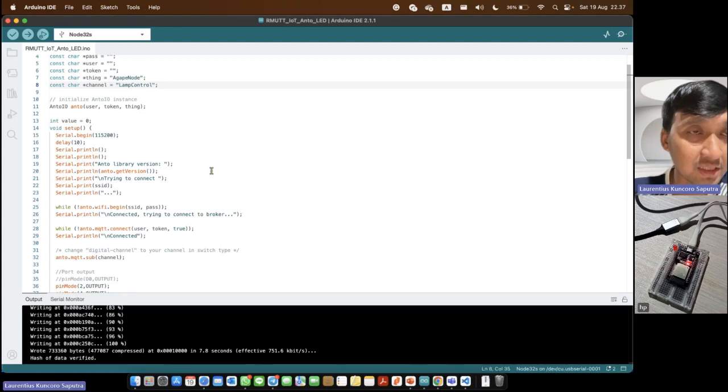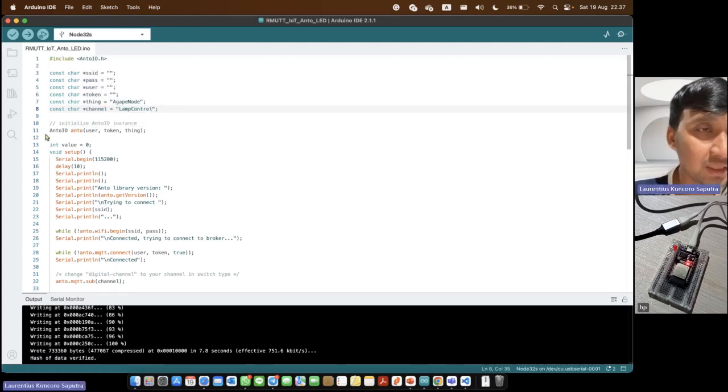For this code, in line 11, we create the Anto object from the AntoIO class that has 3 parameters: user, token, and things.